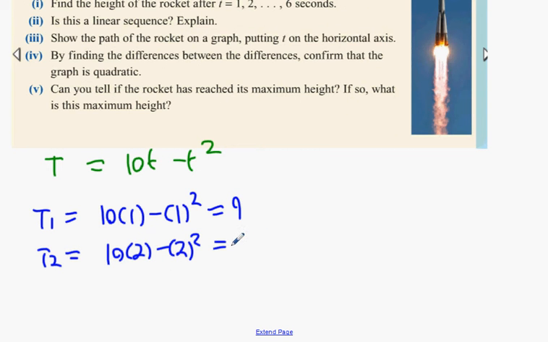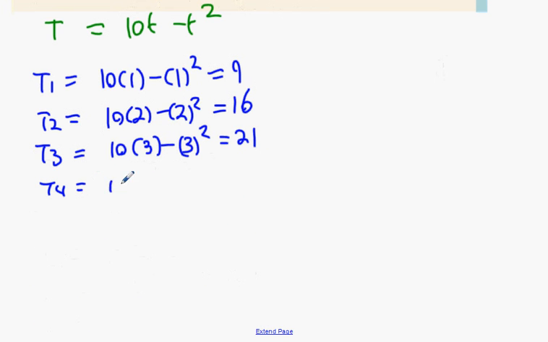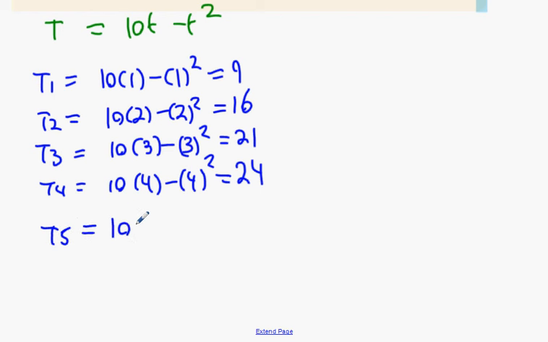Okay. Which is 16. T3, which is, what'd you say? 24. 21. Interesting one, this one. Okay, next one. T4, which is 24. And then T5, 10 times 5 minus 5 squared equals, and then finally T6,